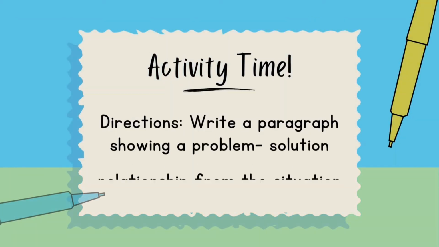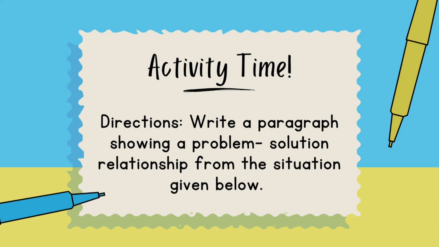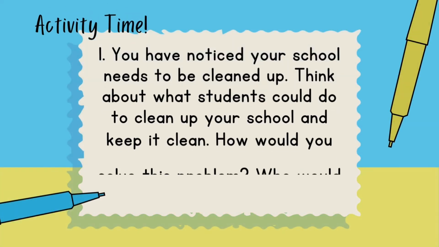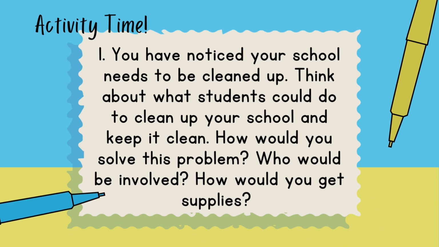And what time is it? It's activity time. All right, so write a paragraph showing a problem-solution relationship from the situation given below. You have noticed your school needs to be cleaned up. Think about what students could do to clean up your school and keep it clean. How would you solve this problem? Who would be involved? And how would you get supplies? All right, so this is your activity and I hope you can get it right and write your own meaningful and